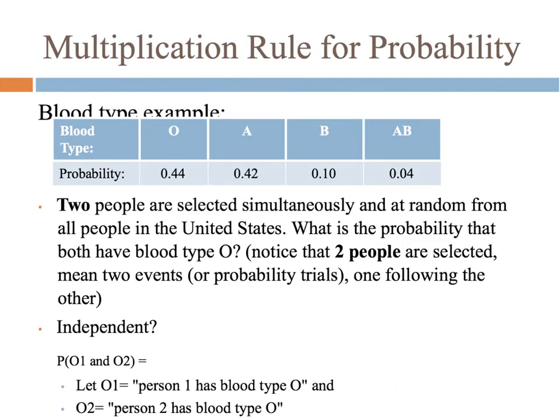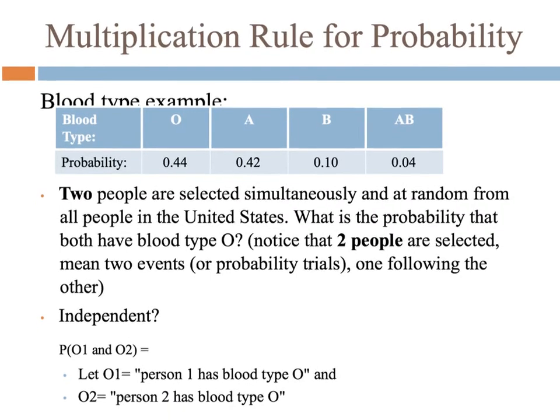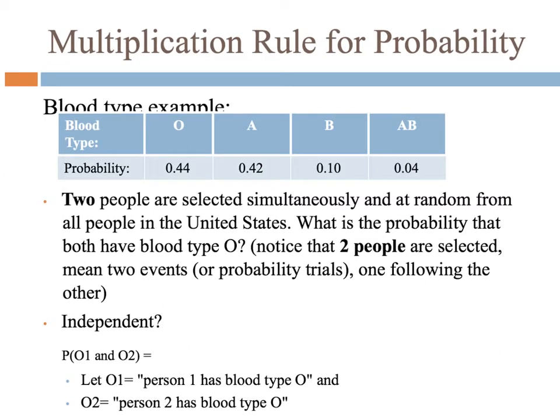In this particular example, we're going to look at blood type, and we have the population broken down into the different blood types, O, A, B, and AB. And you can see the different probabilities, which relate to the percent of the population that meets those requirements. And so if I were to say what's the probability of somebody having blood type A, then it's going to correspond to the percent of the population that, of course, has that blood type. That becomes our probability. So population layout, as a general idea,